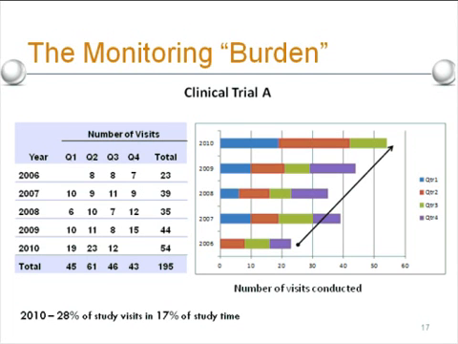I've got here the word burden in parentheses because I want to make it clear that monitoring was not necessarily a burden, but that there was a significant amount of monitoring occurring for this trial. And if you look at the numbers on the bottom, it breaks it into quarters of a year. And you can see that at some points, like in quarter 2 of the last year, where it was really more towards the follow-up period of the trial, we actually did nearly 3 times as many visits as we did in the beginning of the trial in quarter 2 of that first year,